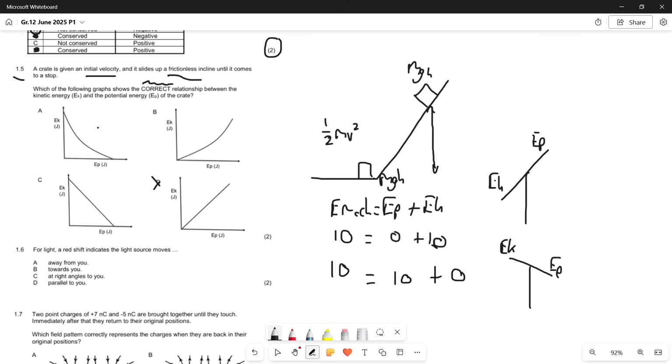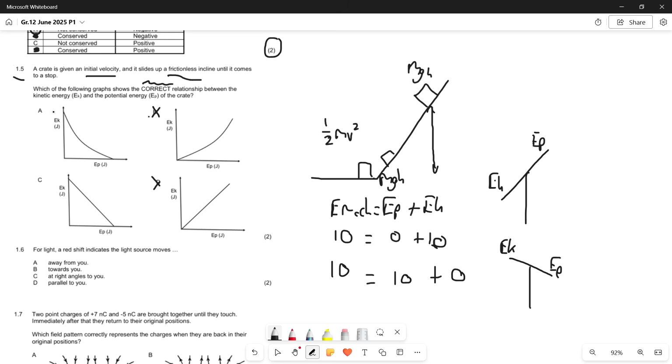So D is out of the window, B is also out of the window, but if we move up slightly, this guy might be 8 for the kinetic energy, but 2 for the potential energy, still adding up to 10 for the mechanical energy. And as we move, it starts to shift like the seesaw, going from this position to this position. And at some stage it would be in equilibrium. By that I just mean they would be contributing the same. It will be 5 for the kinetic energy, 5 for the potential energy, but they are moving incrementally and linearly,